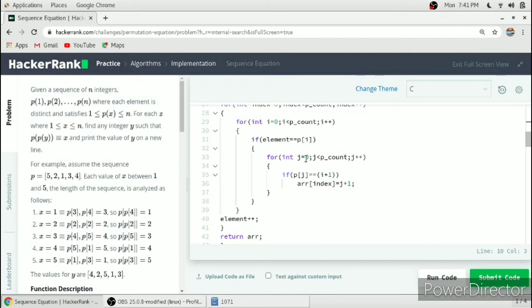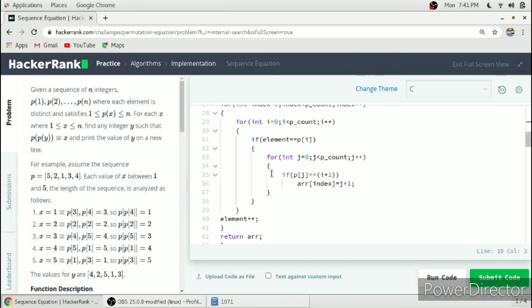We have to consider this location, and check this 3 is at what location. In this first case the 1 is at third location, so we have to consider this 3, and we have to find where this 3 is at. So we have to find the location of this 3.